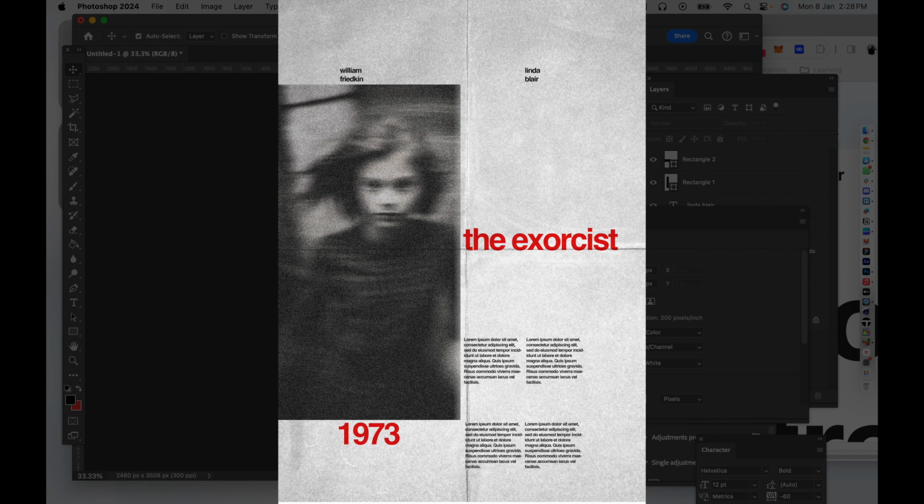Axial type system is where typography is aligned to either the left or the right of an axis line. And modular is where every single piece of type is actually considered as an individual unit. So more on that later, but this was just an intro to Swiss design style, and I'll see you soon